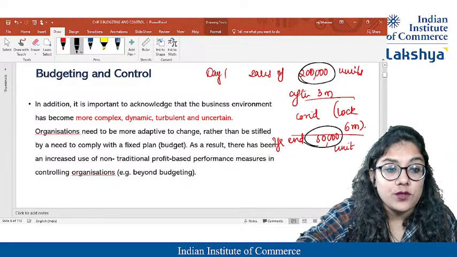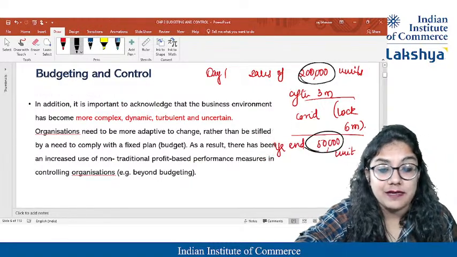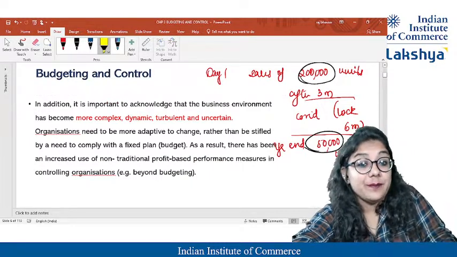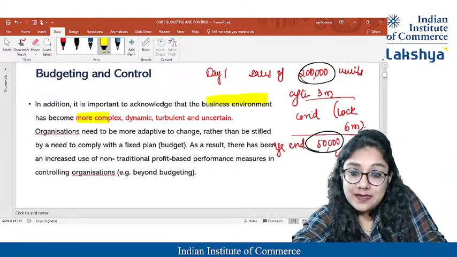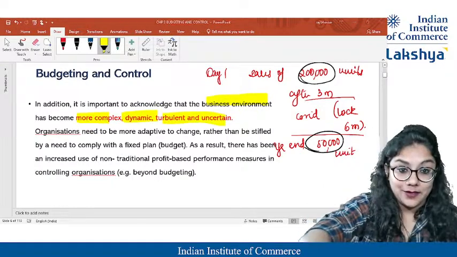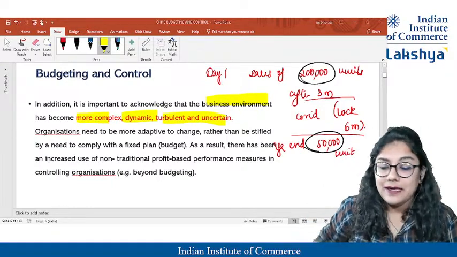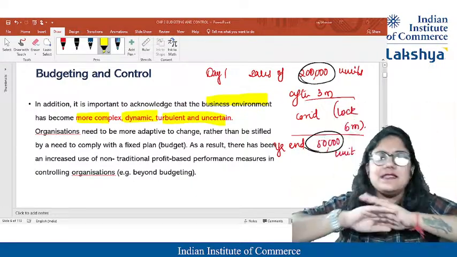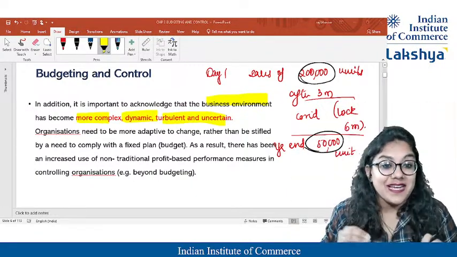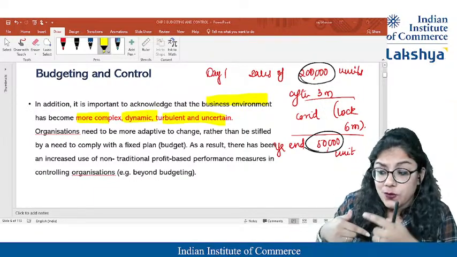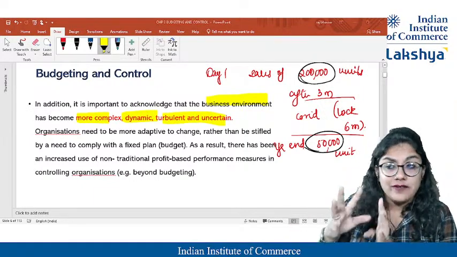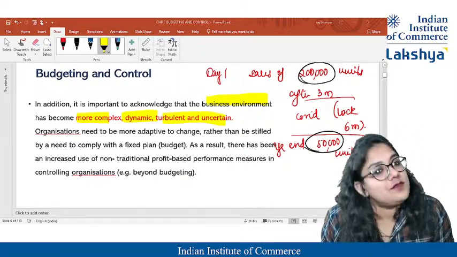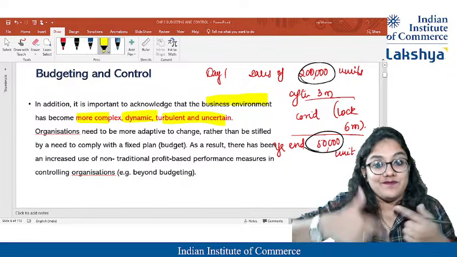So guys, we have to please keep this into consideration, because the business environment is very complex, dynamic, and uncertain. So it's not just that once you set the budget, your work is over. You just raise the hands like I am done. No, it's not that. We need to revise. We need to have an eye on whatever you thought, is it still achievable or is it something which is vague? So you have to do that.